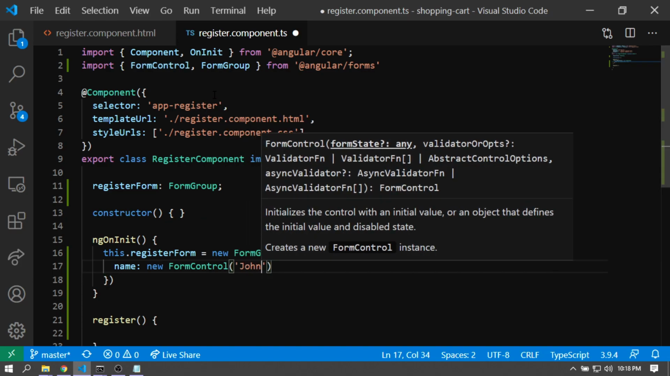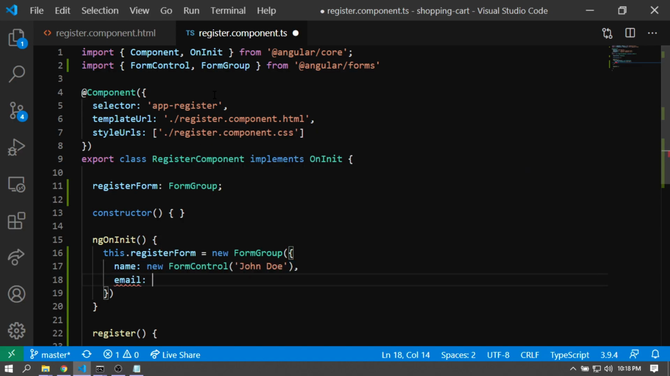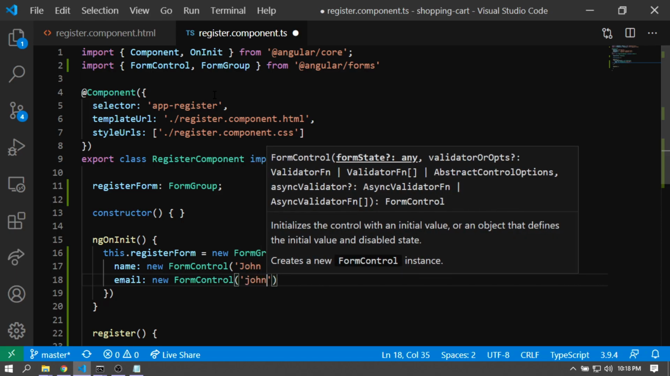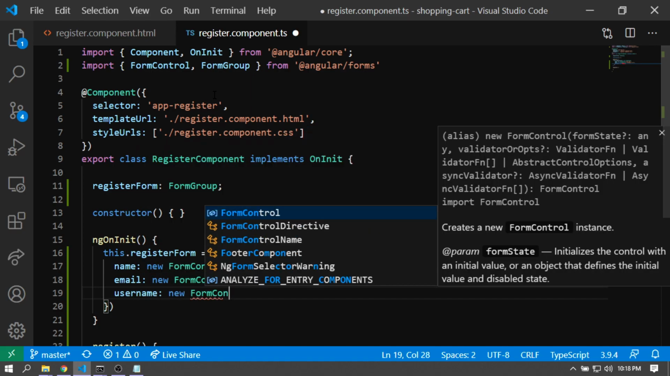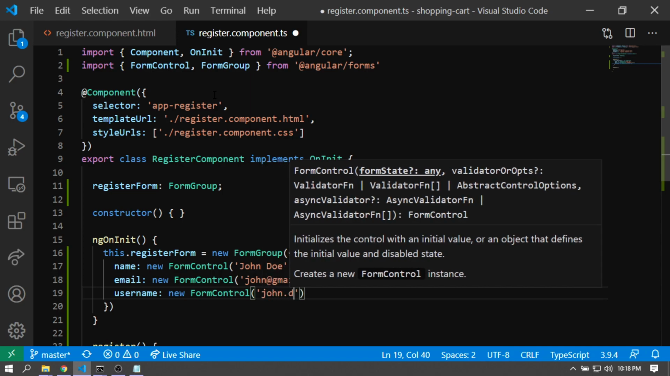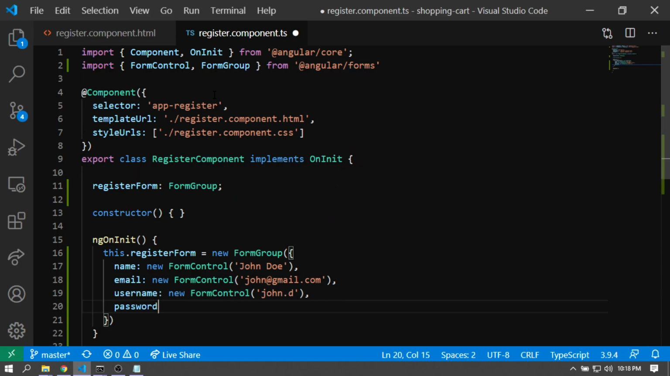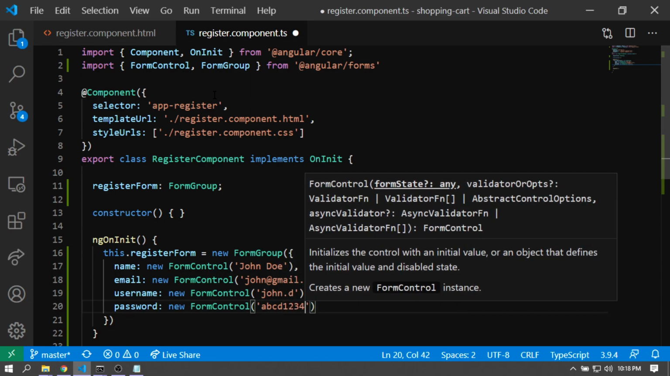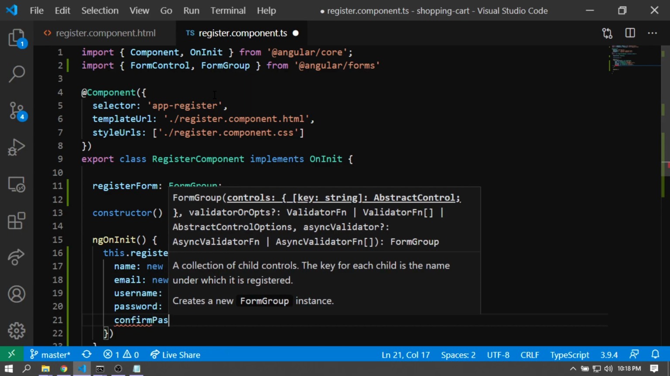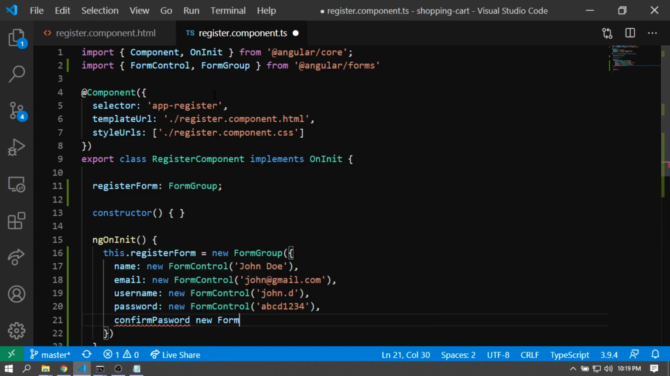and let's just type in some name, John Doe. Email new FormControl, john@gmail.com. Username new FormControl, john.d. Password new FormControl, something, and confirmPassword new FormControl, something else. As of now, it actually doesn't matter. Oh, I missed the colon. So as of now, it actually doesn't matter what the passwords would be,